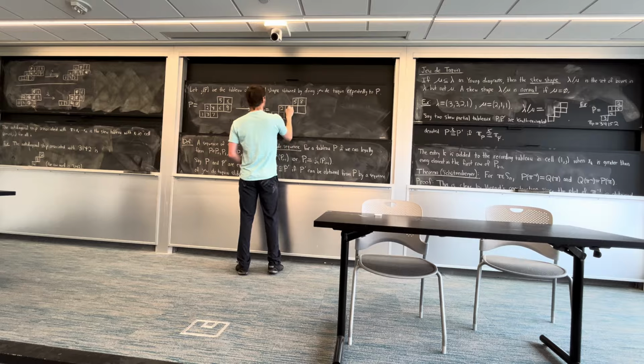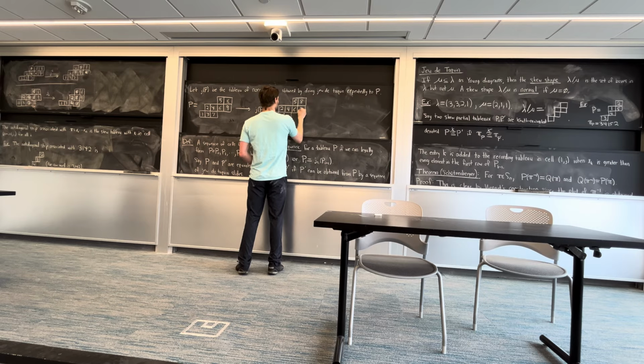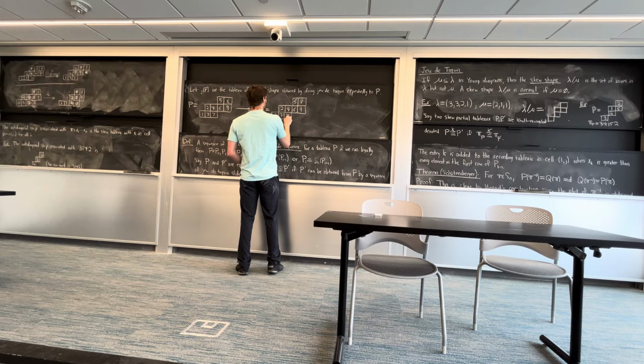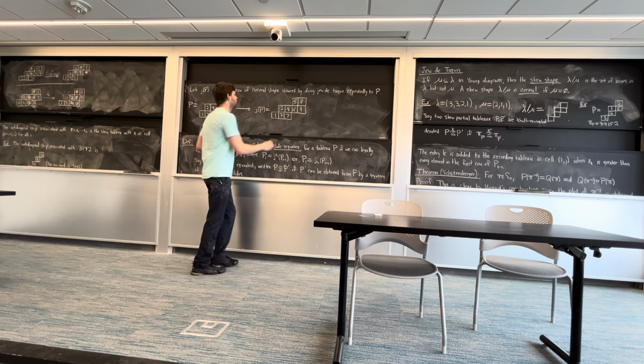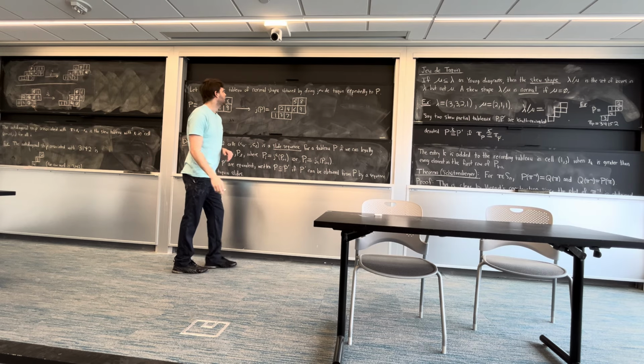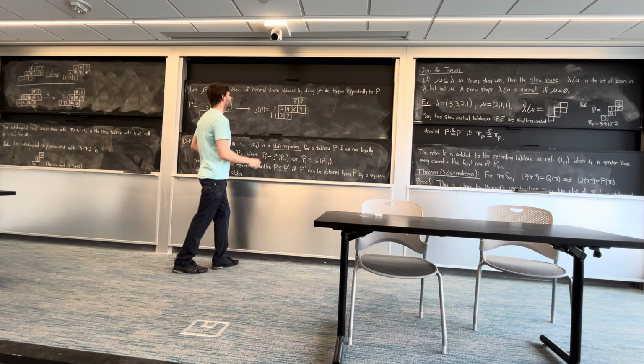2, 4, 6, 9. 1 through 7. Okay, so I have some freedom. I could start by using this. Maybe I put something there. Okay, so I could do that. If I put my dot there,